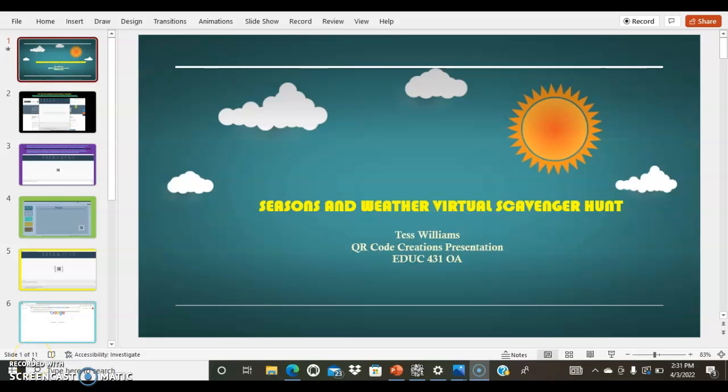So for my QR code creation presentation, I chose to create an activity that could be done individually or as a team by students. It's a seasons and weather virtual scavenger hunt where students can use QR codes to access YouTube videos that will help them find responses to questions that are specifically created to fit with the themes and information in each video. So I'm keeping this small just so I can transition easily between the QR code app